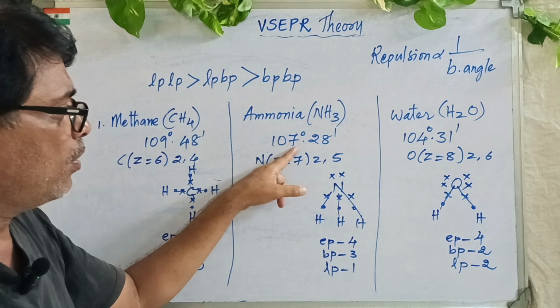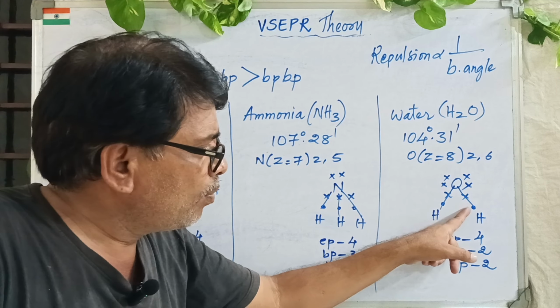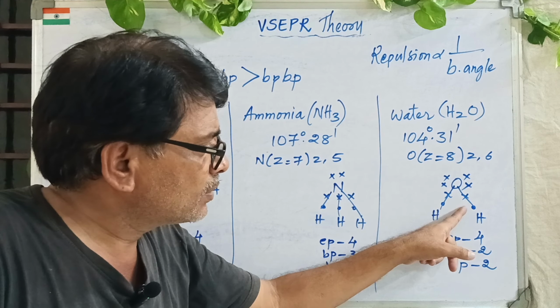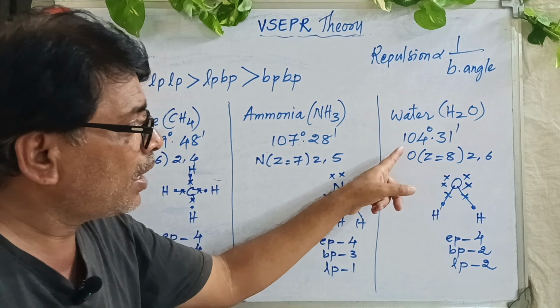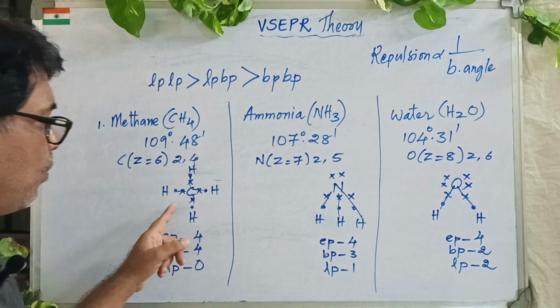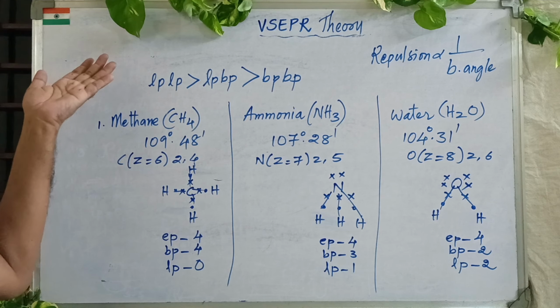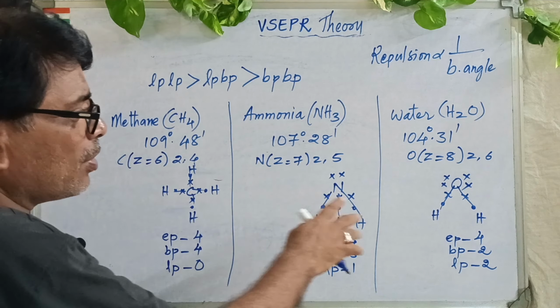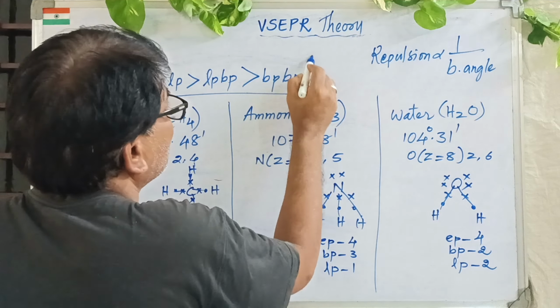In ammonia it is 107, in water it is 104. See, here only 2 bond pairs, 2 bonded ones. But what happened? Bonded ones are just 2, but the angle is less. Here 4 are bonded, but the angle is more. Why? Because this theory is not speaking about the number of bonds, it is speaking about lone pair and bond pair